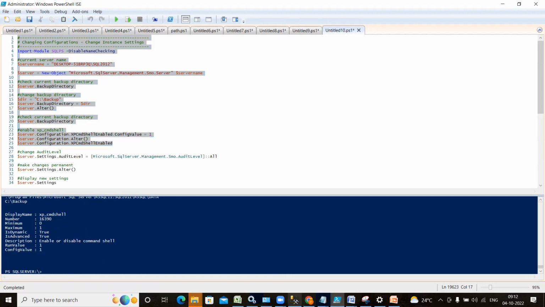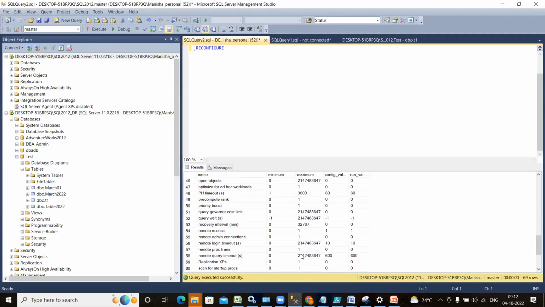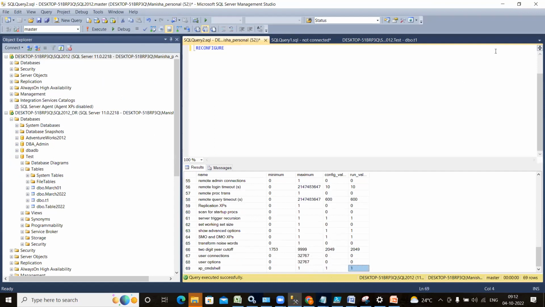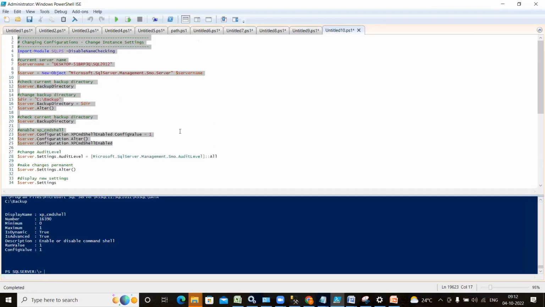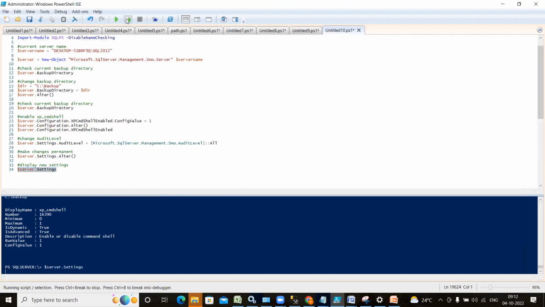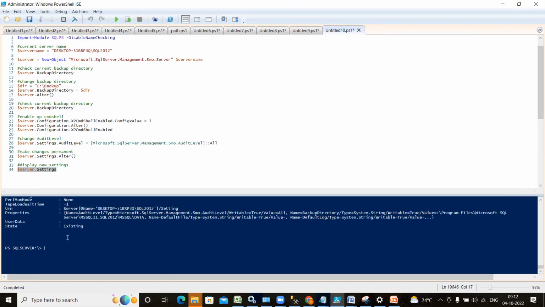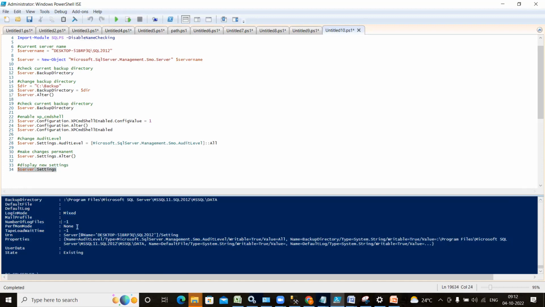what is going to happen? This time it was showing 0, right? If I go and execute this, this time the value is going to become 1, right? So what you understood is that using PowerShell commands, you will not only be able to fetch information, you will be able to perform the operation also. If you run the settings, you will be able to get all the settings, whatever SQL Server you have set, mixed mode authentication, this, that. If you want